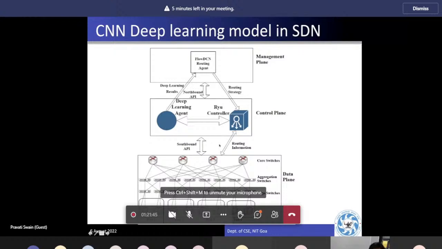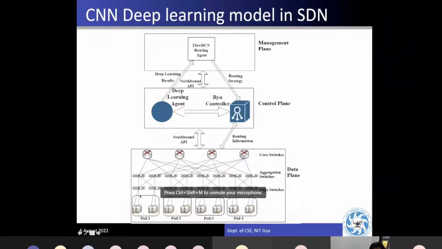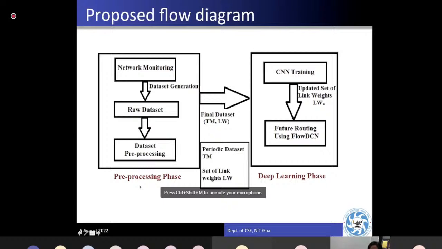By the way, there is one important thing we have to see. Each switch has 4 connections. Two here are connected to the servers, and these 2 are connected to the switches. So each switch has 4 ports. And how many switches? 1, 2, 3, 4, 5, 6, 7, 8, and here 8, and here also 8. 8, 8, 16, plus 4, 20. So 20 is the number of switches, including core switches, aggregation switches, and edge switches, and each switch has 4 ports. We'll see why I'm saying this, because it is required in the modeling.